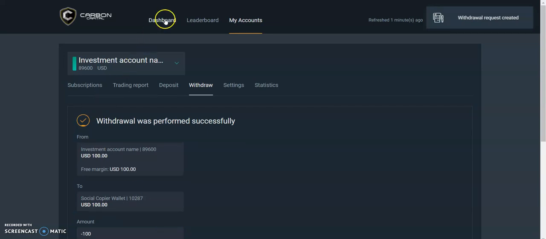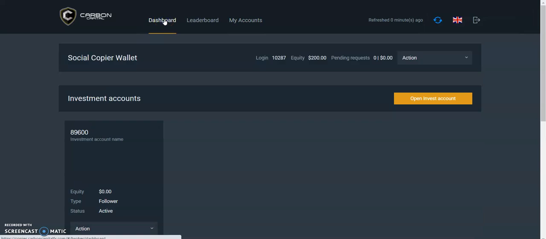and then we'll click on dashboard again, and you'll see that we now have no funds left in our investment account, and we've added the $100 back to our social copier wallet. It's as simple as that. Now all you have to do is go to your back office and click on funds, and you can transfer funds to your regular wallet from your social copier wallet, and then from there you can transfer the funds to your trading account or to your crypto